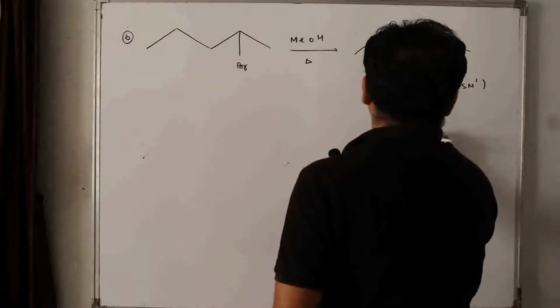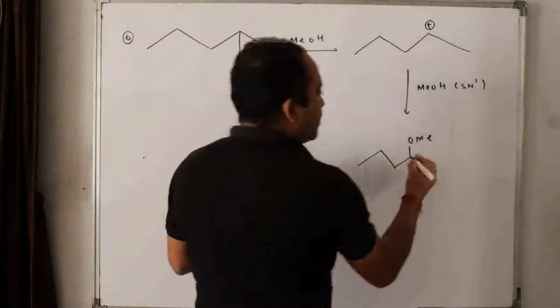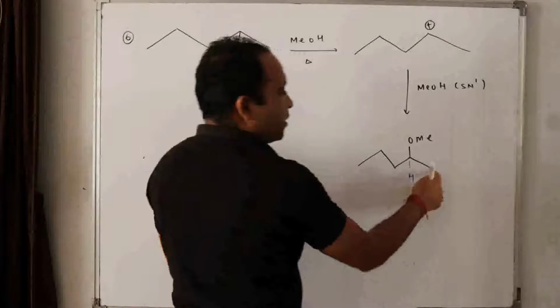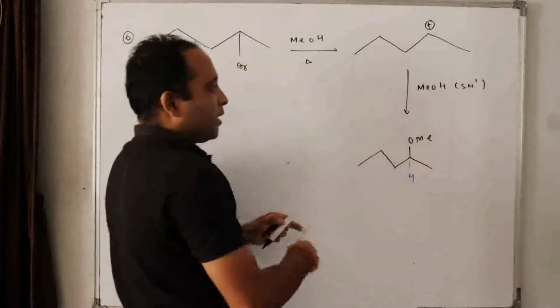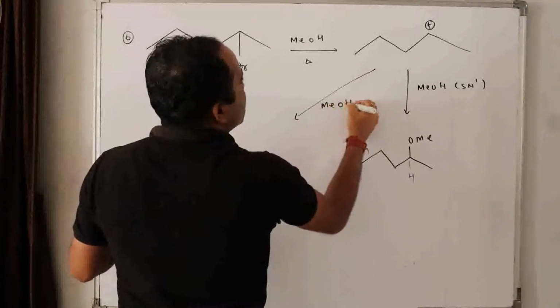We'll have OMe. Is it having a chiral center? Yes, it is having, because this is hydrogen. This group, this group, this group and this group are different. Now, same MeOH